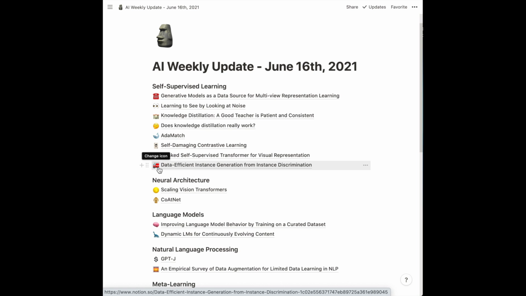So the next paper is Data-efficient Instance Generation from Instance Discrimination. This is the task of trying to learn a GAN with only, say, 2,000 images, trying to learn generative models from small data sets. And the approach in this paper is to have a second loss function where you try to push all of the images to distant points and make everything dissimilar from each other. Maybe not surprisingly, it doesn't seem like that crazy of a loss function to add,